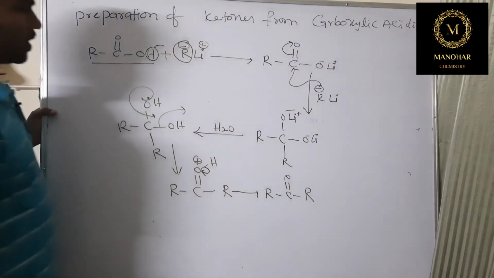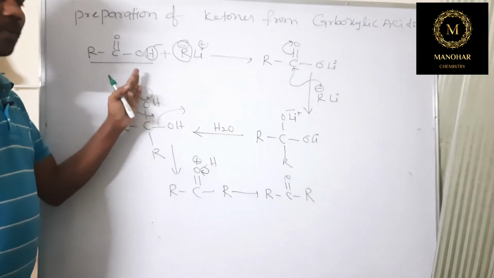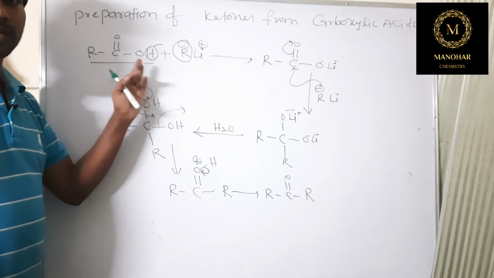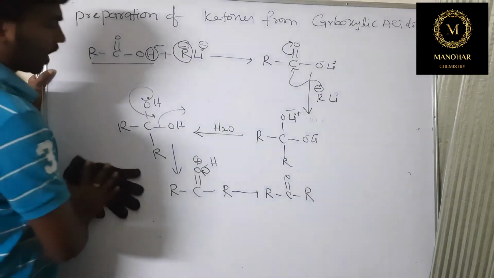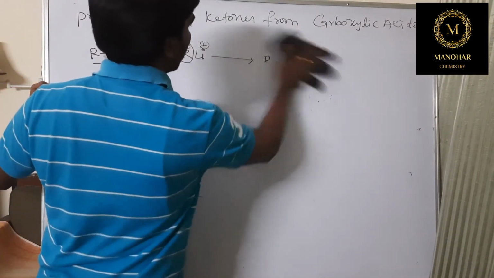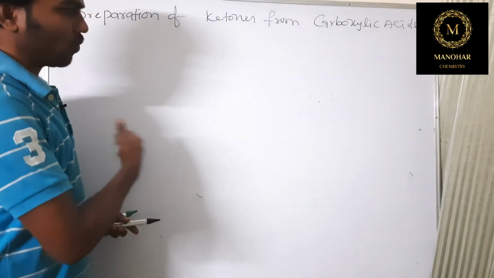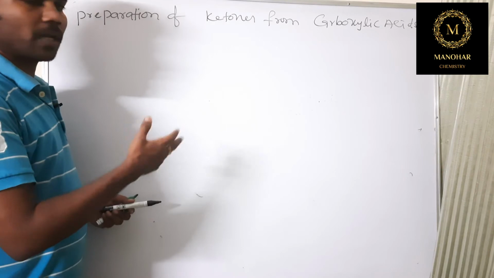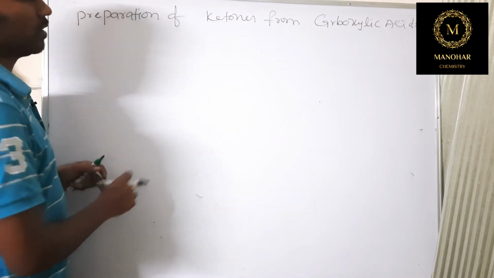We are going to produce different types of ketones from carboxylic acids. In this method we can prepare only ketones. Aldehydes are not possible in this method. So how can you prepare acetone? How can you prepare acetone from a carboxylic acid? Among the four options, among the four carboxylic acids, acetone can be prepared by which carboxylic acid? There is a chance that such a question is asked using this method.